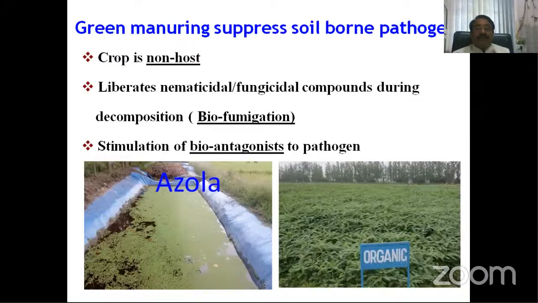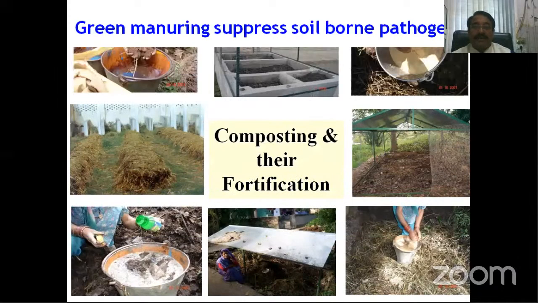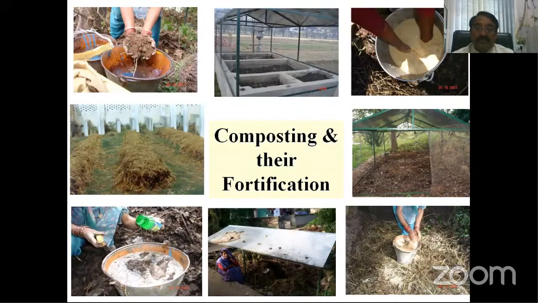So these are some of the sources which must be managed, which are very good sources. That is green manure of Sesbania, green manure of Sunhemp. These are very good sources under the organic farming system. And Azolla is also one of the sources for the organic production system. Then the compost.